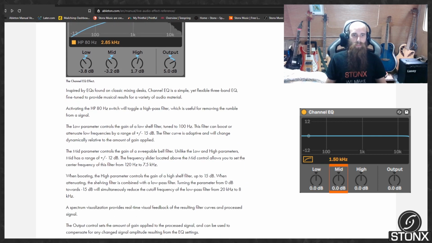The mid parameter controls the gain of a sweepable bell filter. Unlike the low and high parameters, mid has a range of plus or minus 12 decibels. The frequency slider located above the mid control allows you to set the center frequency of this filter from 120 Hz to 7.5 kHz. When boosting, the high parameter controls the gain of a high shelf filter up to 15